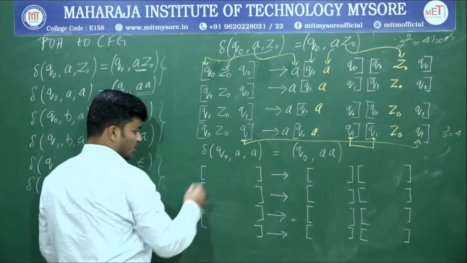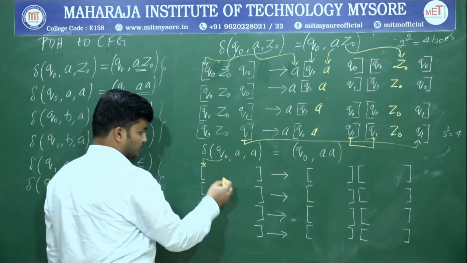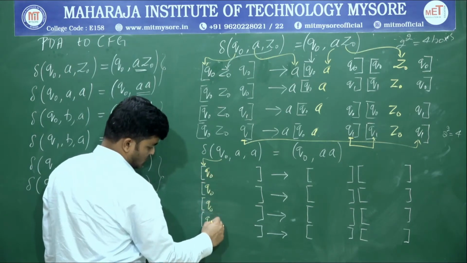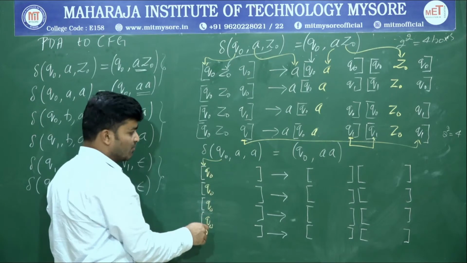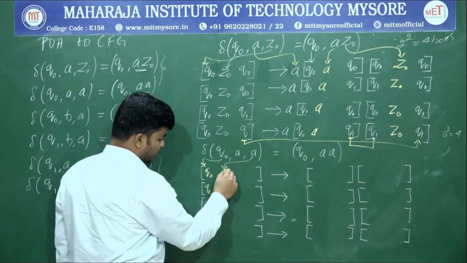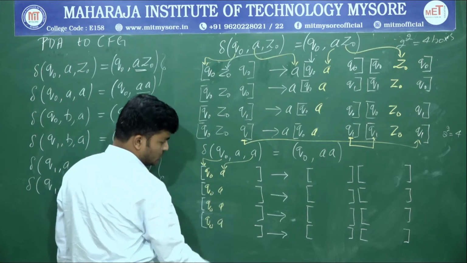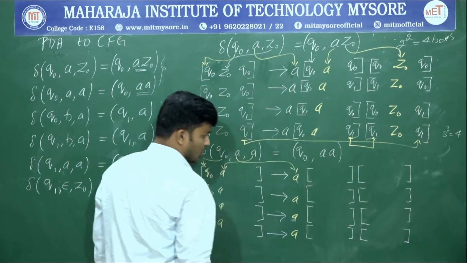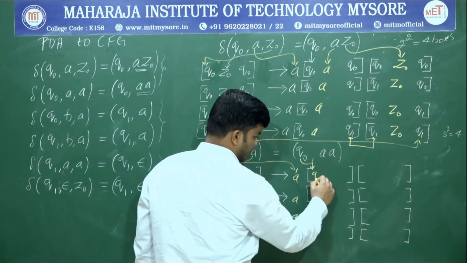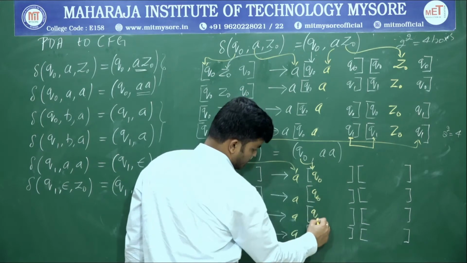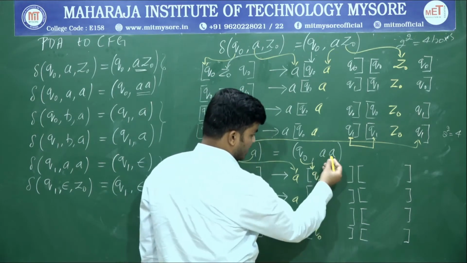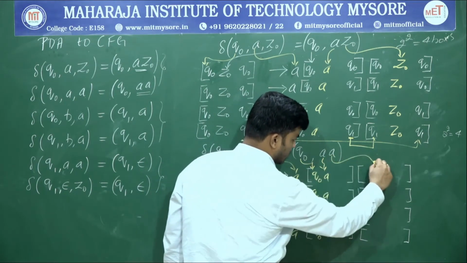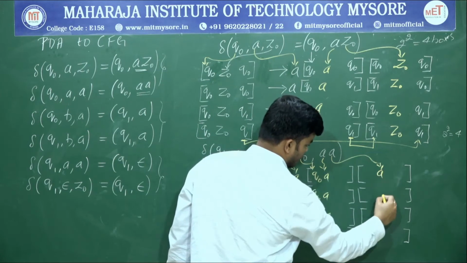Okay. So first you have to write this particular Q naught in the first position. So you write Q naught how many times? 4 times. This first term should be repeated 4 times. Again this A should be at the center, A 4 times. And this A I have to write over here, A. Okay. So next again this Q naught should be repeated 4 times, column wise. And this A I have to write over here, A. And this A you have to write in the center of the second column box, A.